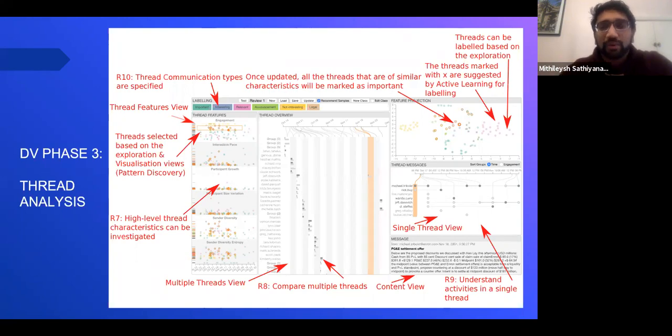And the interesting part of thread analysis is we have started using active learning. If a healthcare professional is interested in understanding the future conditions of the patient, he starts monitoring the patient by circling some of the conditions that the patient has. Then it starts predicting, saying that this patient can be exposed to some kind of drug allergy, for example. So it starts giving you predictions based on the patient's data. That's the thread analysis.